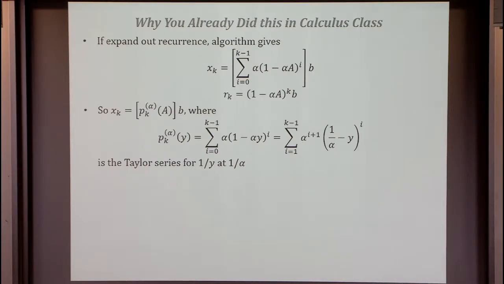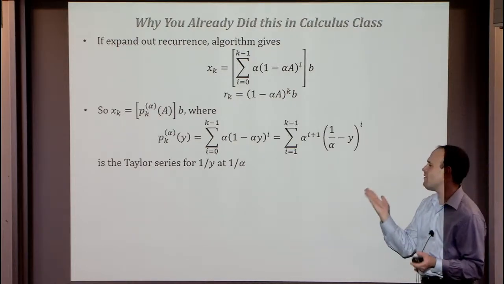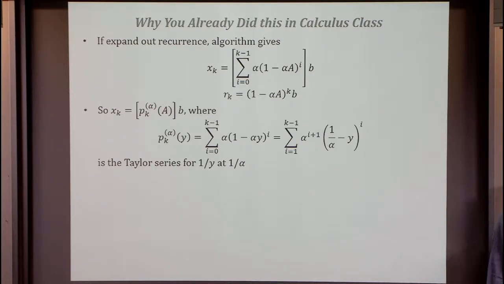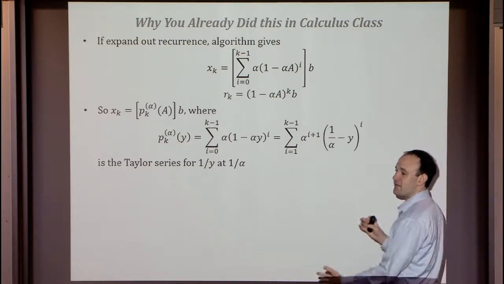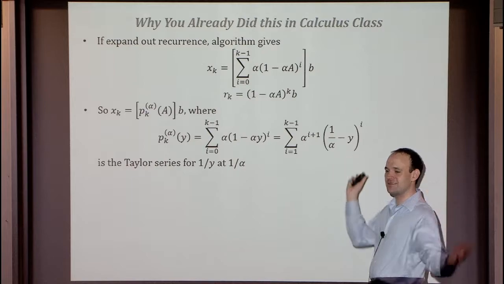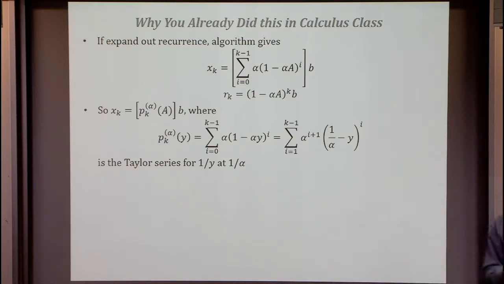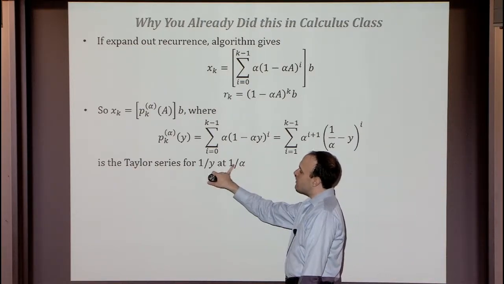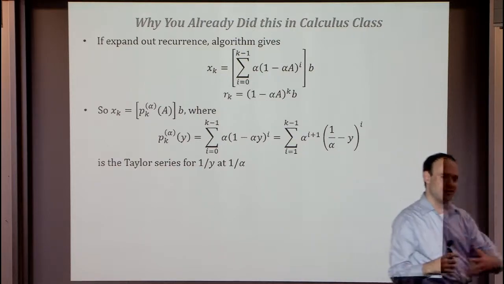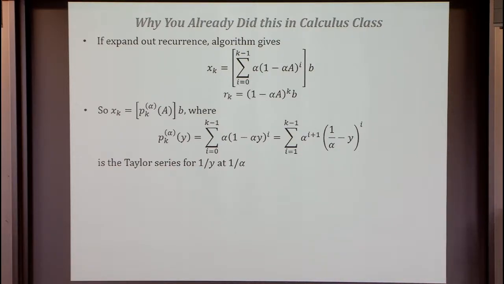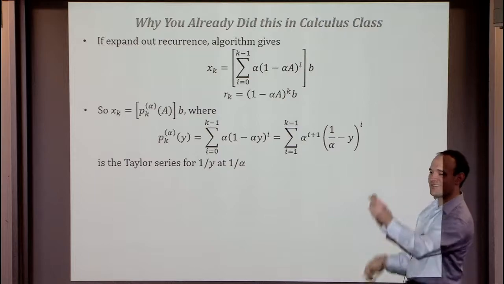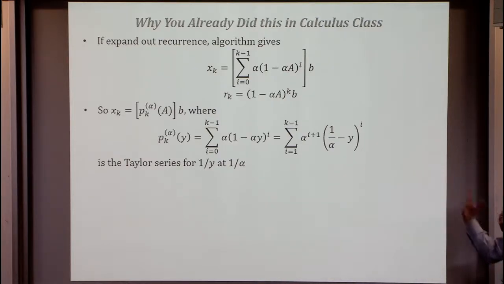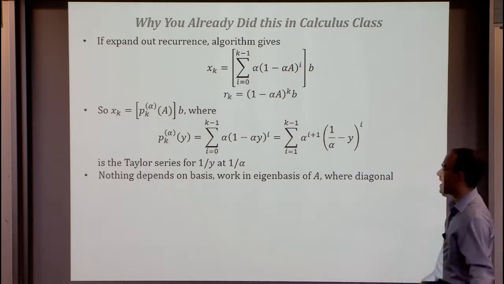Now why did we expand it around something other than 1, or around wherever we did? The point was that we're applying this simultaneously to all of the eigenvalues. We want to cover all the directions simultaneously. If it were a 1-by-1 matrix, we could Taylor expand around a single eigenvalue and get immediate convergence. But we have to get this polynomial, the Taylor series, to work at all of the eigenvalues. So we're going to put alpha, or 1 over alpha, squarely in the center, and then Taylor expand around that.